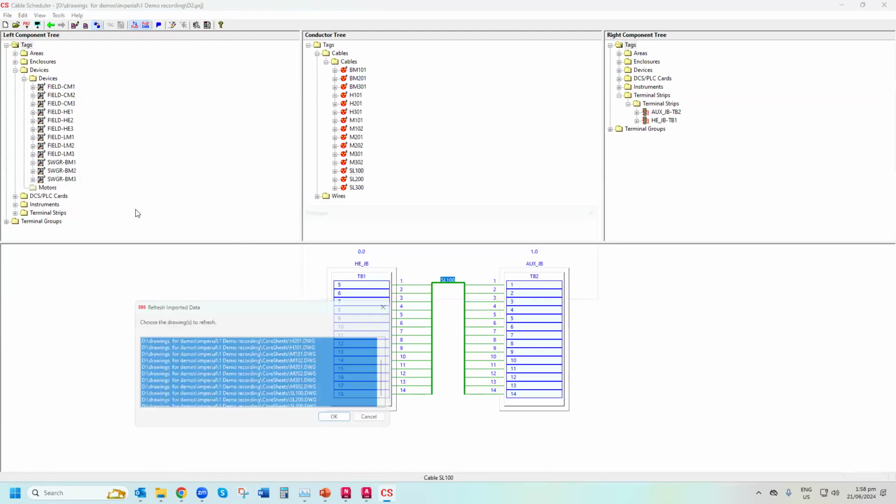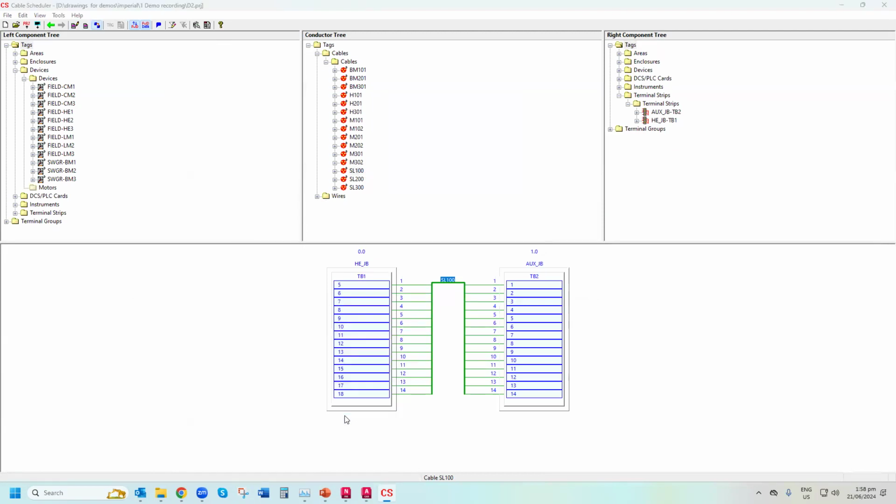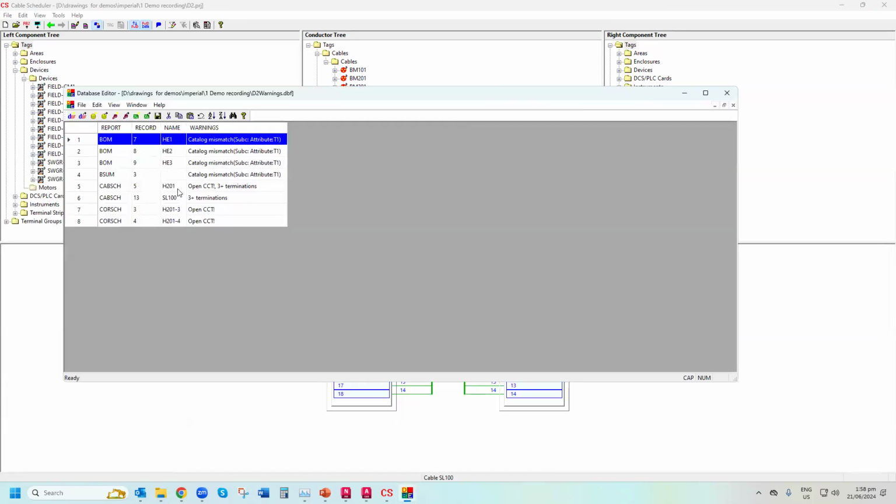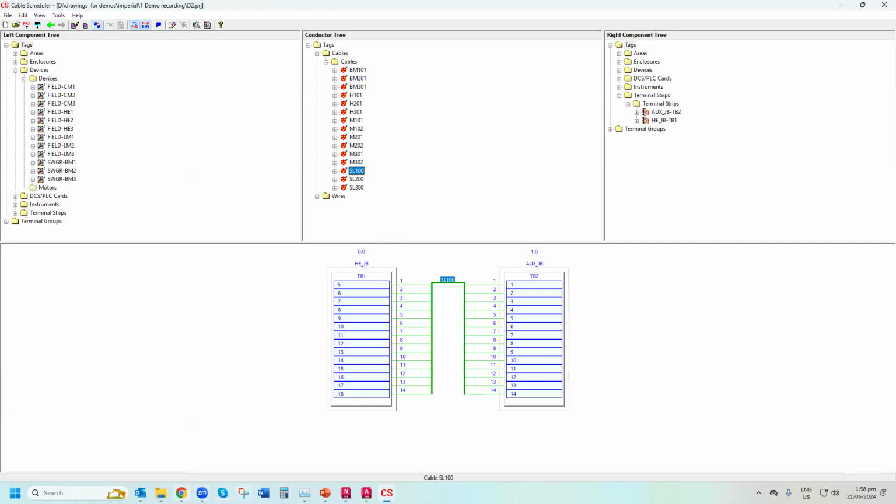And this is where it'll have a look and tell me any things it finds wrong. Like, oh, it's putting it on the wrong screen. So let me move this across to the other screen for you. It's found open circuits, all that sort of thing, catalog mismatches. But from not very much, if I go back to my database editor,